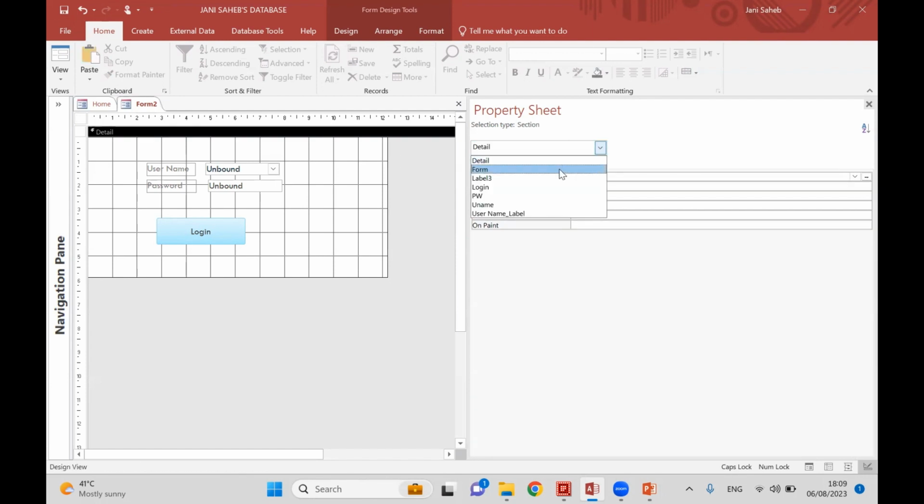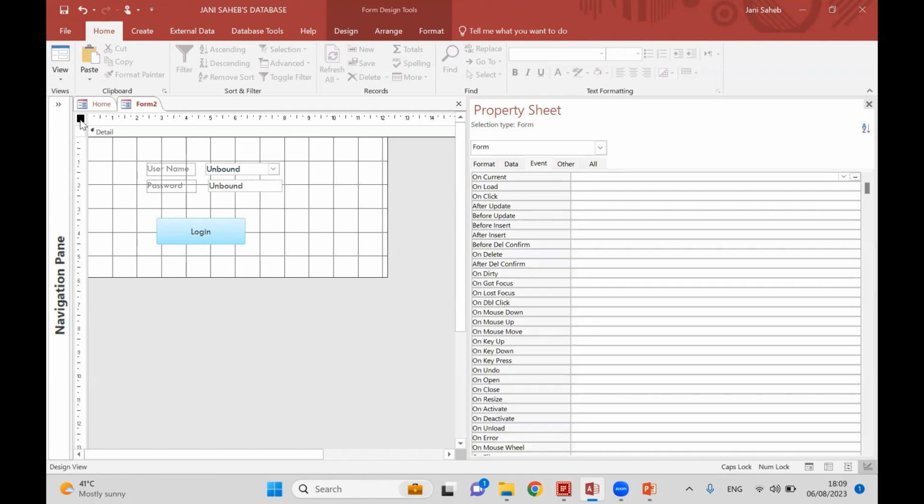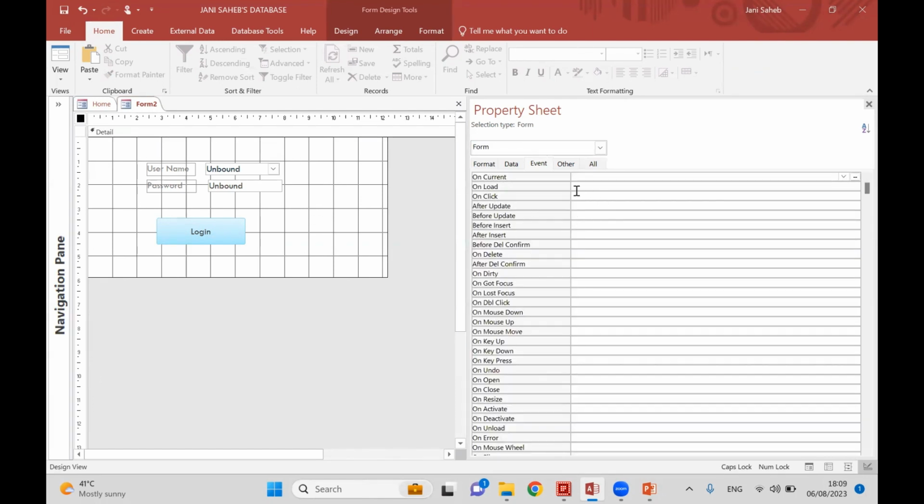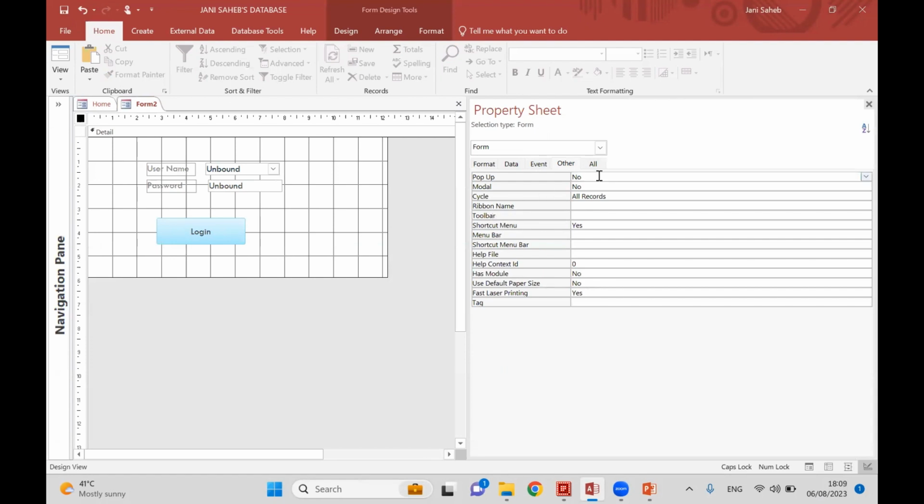Go to here and say form. You have to select everything. Okay. Now when you select here, you can see there is others. Now you say pop-up yes, and say modal yes, and then